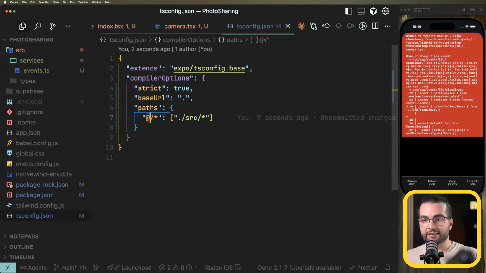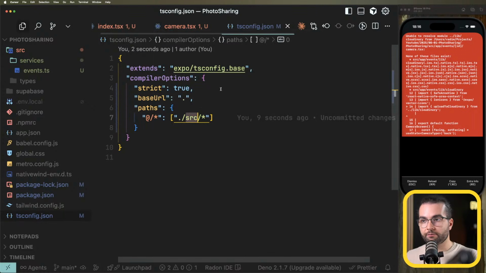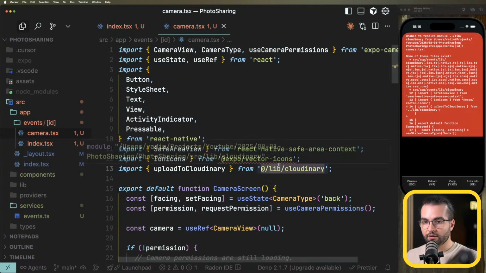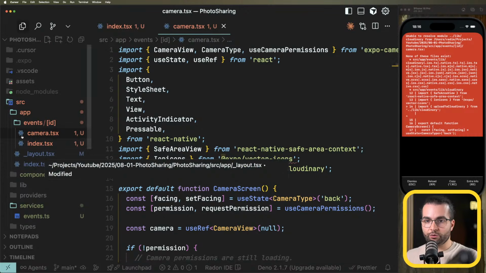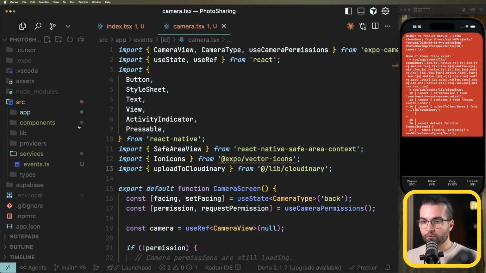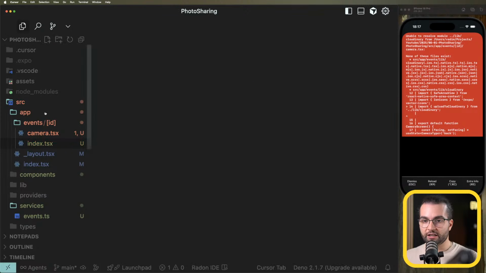So if we start a path with /, it's going to look into the source folder. That means that now, instead of relative paths like that, I can do @lib, which is going to be a shortcut to the source folder. So it's going to go from source to lib Cloudinary. And that is not going to break when we move things around, because we no longer use relative paths, we are using